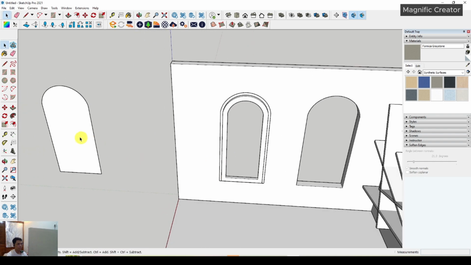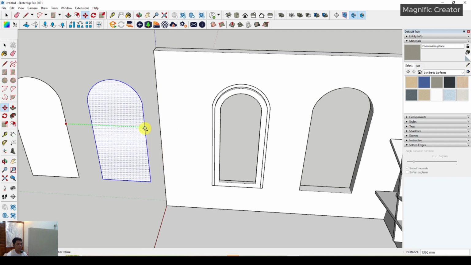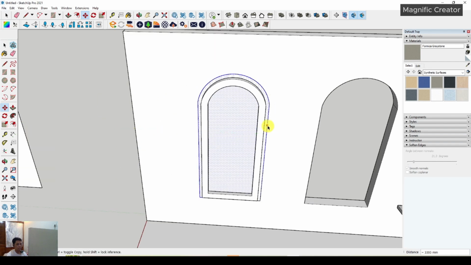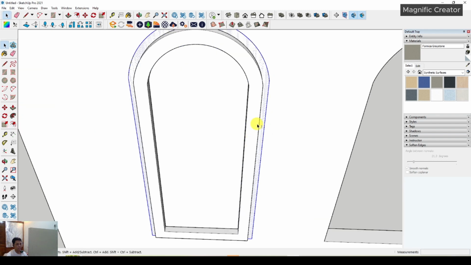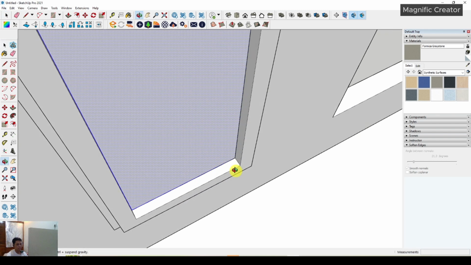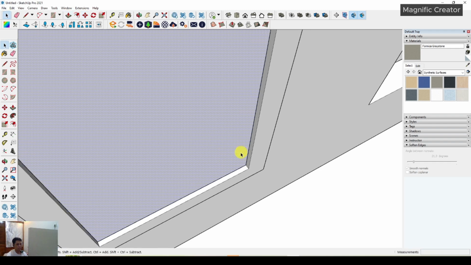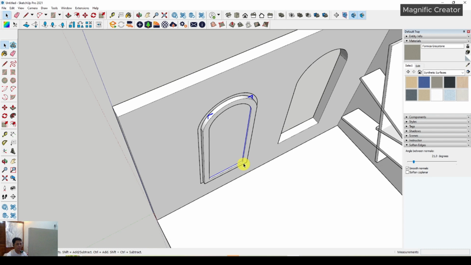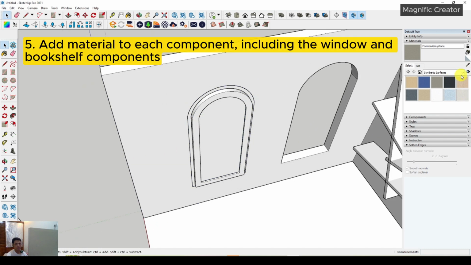And after that you have to move this plane and press Ctrl to duplicate it again, and you have to offset it until right here. You can keep a thickness for the glass of the window. Okay, after that you have to